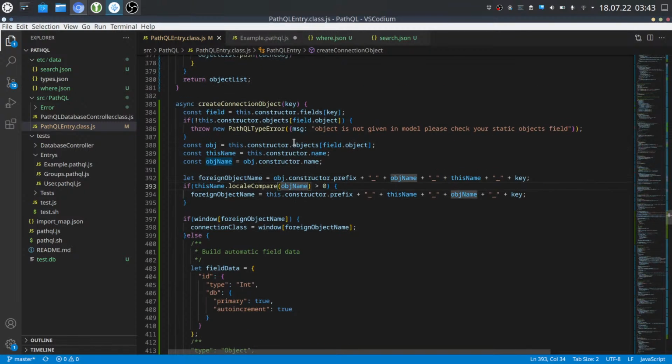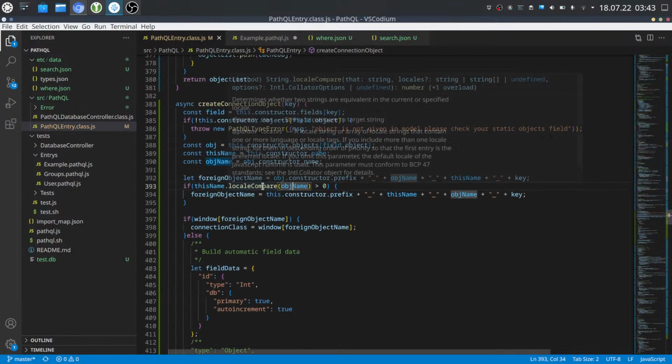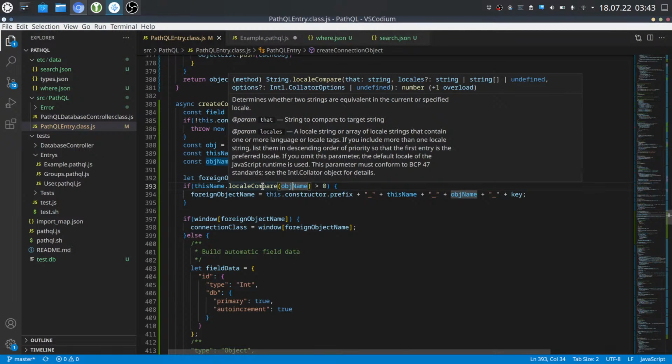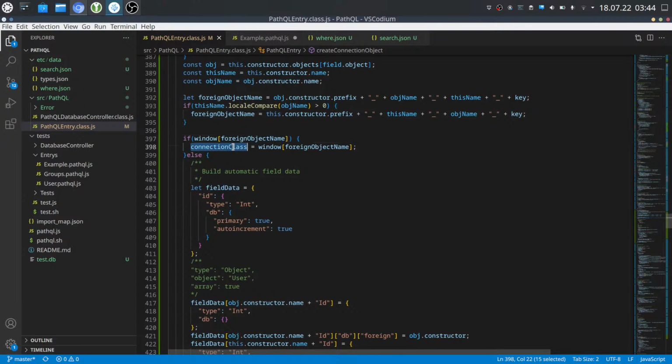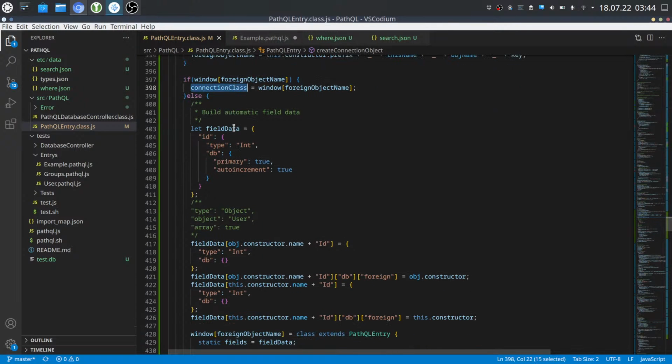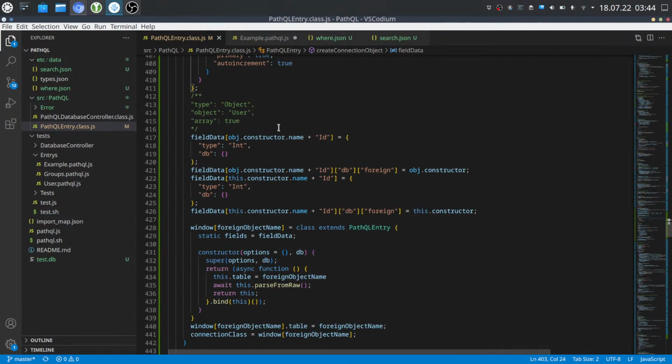So, for example, if this SQL entry names groups, then it has a lower size than the object name with the object name user, because of the naming. Yeah, if this exists, we use this directly, else we build the field data